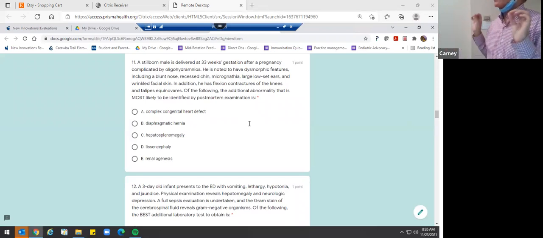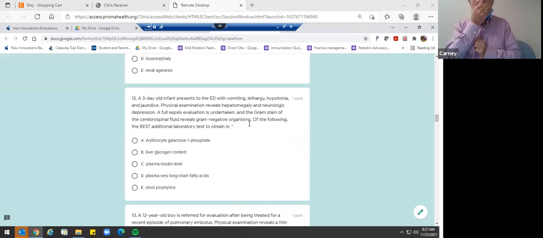Diaphragmatic hernia, what is going to be the classic question relative to the diaphragmatic hernia? Pulmonary hypertension. Pulmonary hypertension is the big boy with the diaphragmatic hernia, okay, that you have to deal with. And of course, the physical exam, as you know, scaphoid abdomen, hear bowel sounds, yada, yada. But the question generally is going to be pulmonary hypertension. That's a big deal with the diaphragmatic hernia, okay? Number 12,